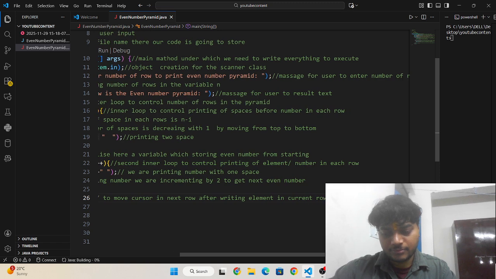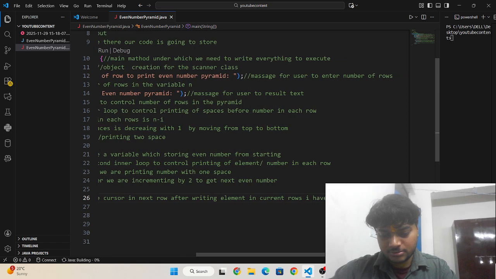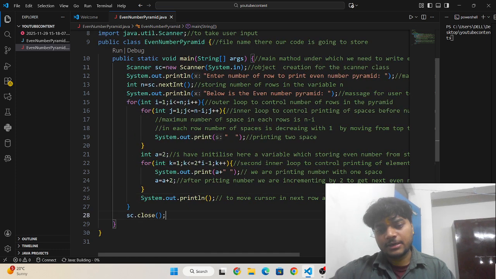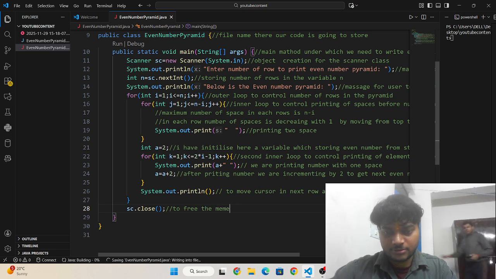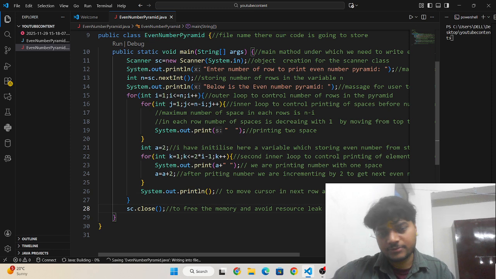I have written here this line, okay, and after that I have written scanner dot close to free the memory and avoid resource leak.